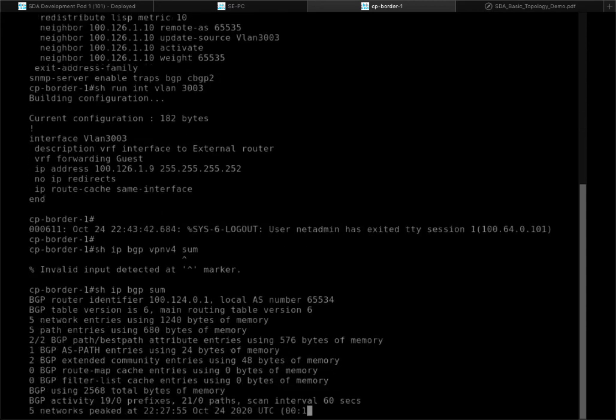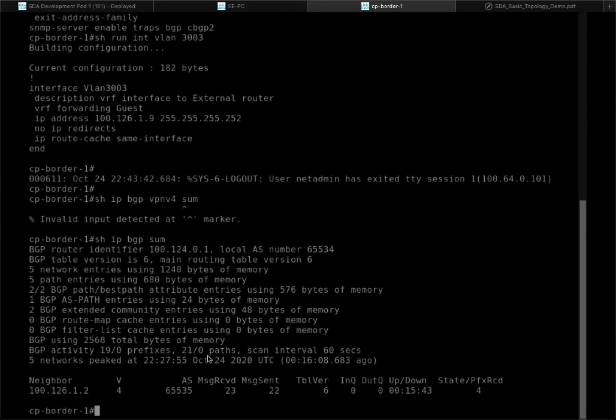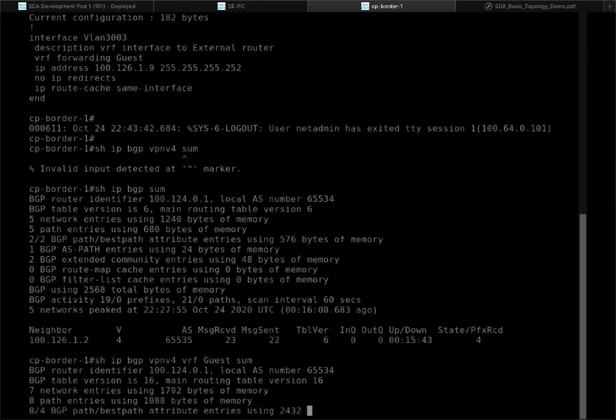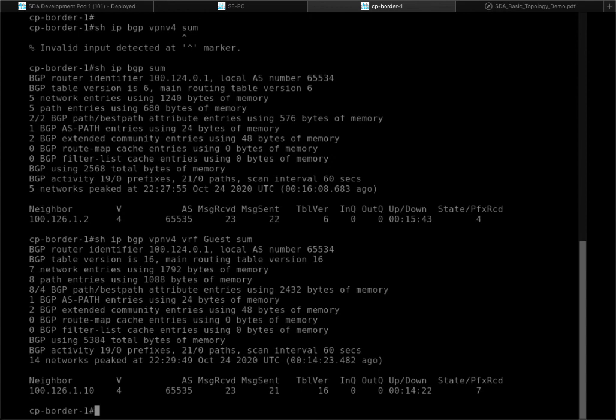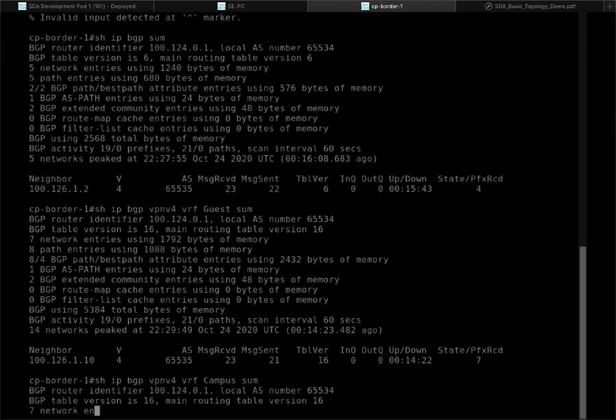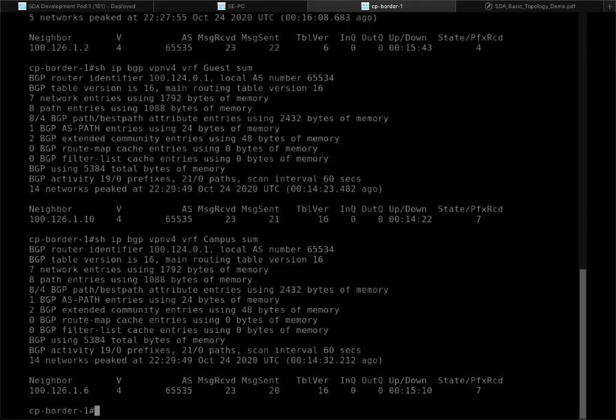BGP summary, we can see that there's a neighbor that's up and active. We can look at our campus VRF summary, or look at our guest summary. We can see a neighbor up and active, and if we go ahead and do our campus VRF, we can see another neighbor up and active. So again, all of this was pushed and automated from DNA Center. I didn't configure any of this manually, but we've got 3 up and active BGP peers, and we're advertising routes